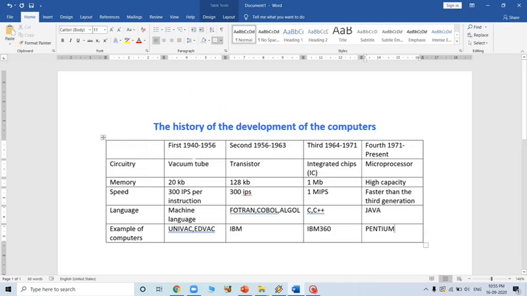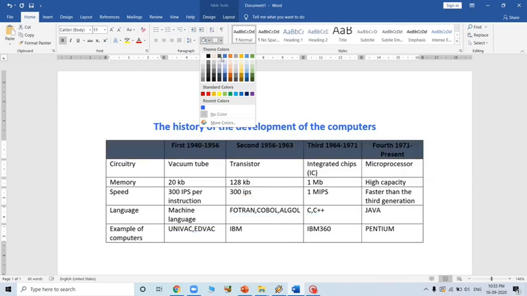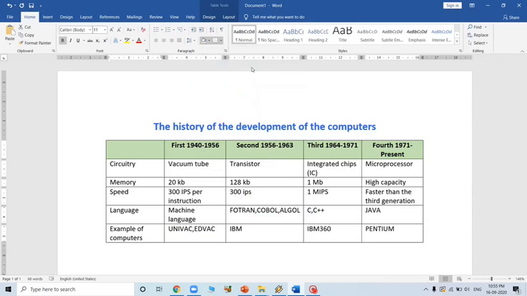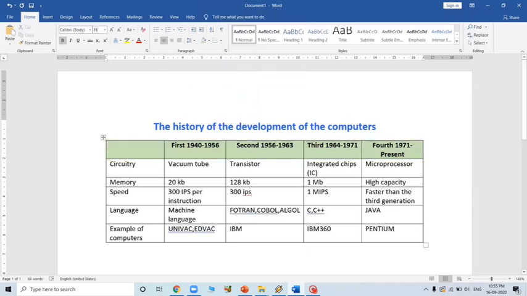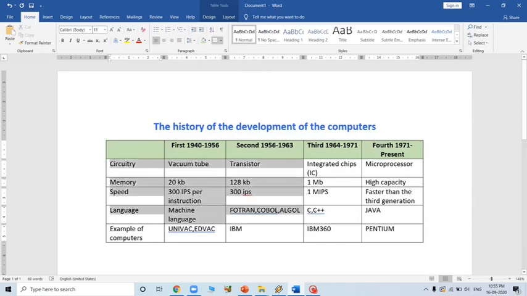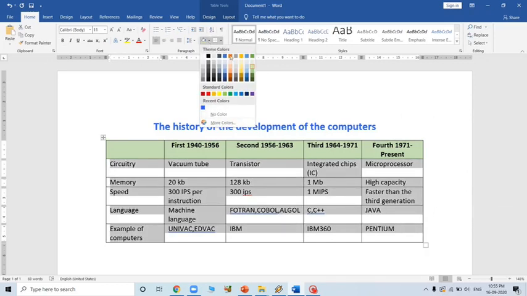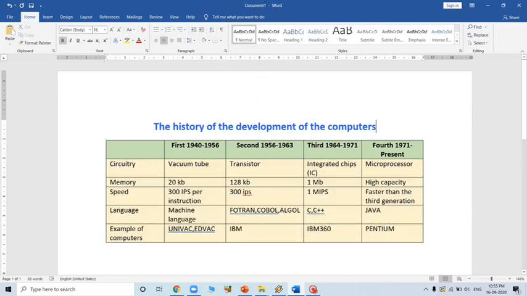Okay, so let's make it more beautiful. We can do it like this, and we can bold it. If you want to color this, we can simply do this as well. From here you can choose a particular color, like I'll choose this green. If you want to color these columns also, you can do the same. It's up to you, and our chart is ready. I hope you understood how to prepare a chart in